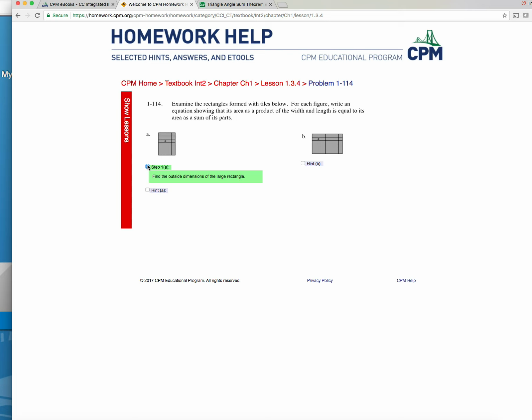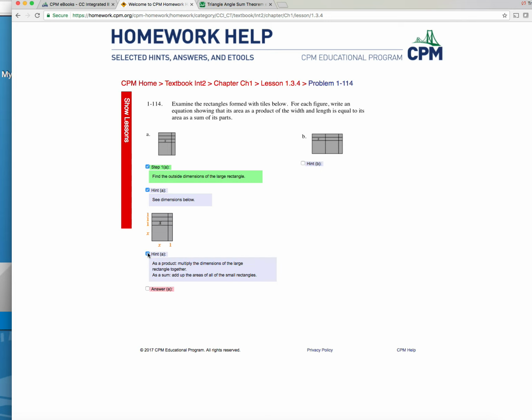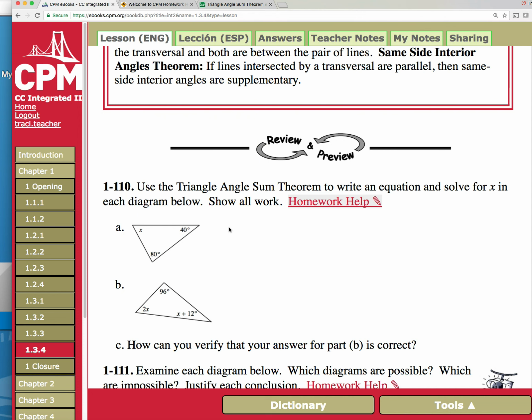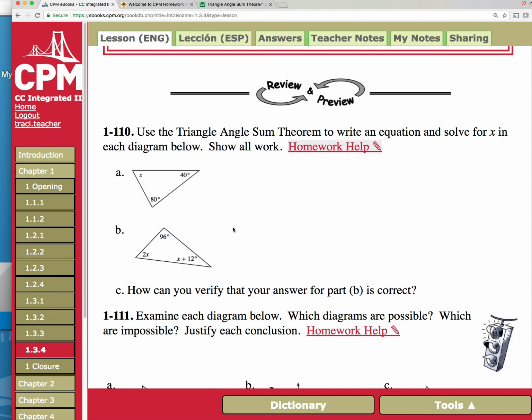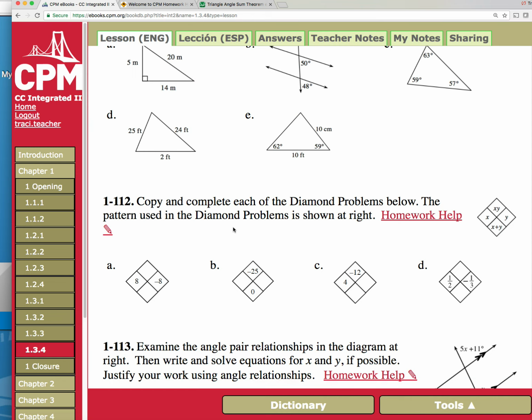So on this A right here, it'll give me some steps to do. And then if I still need more hints, I click on this, and if I still needed another hint, it will finally give me the answer. So sometimes it'll give you a series of hints. It's just supposed to help you get to the next step. So after you've looked at all of the homework, you can go back to the ebook. So you just click over here and then scroll all the way down, and that's what a lesson looks like